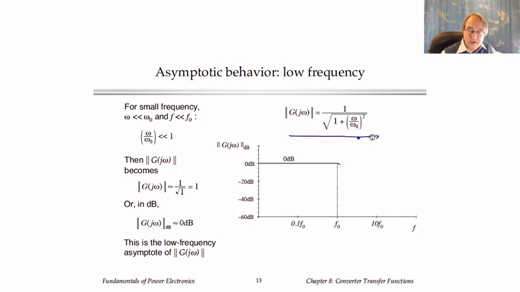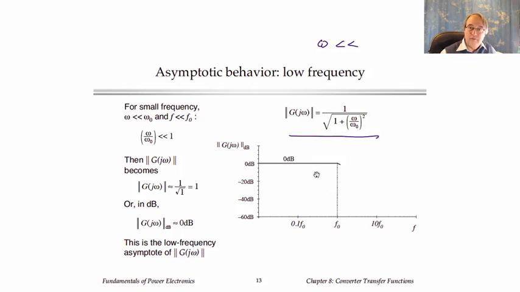Okay, here is our function that we found for the magnitude. What we're going to do next is draw the Bode plot by approximating it over different frequency ranges by functions that go like frequency to some power. In the case of this simple form of the single pole, we find the asymptotic behavior at low frequency and high frequency. So at low frequency, which means in particular for frequencies where omega is very small,